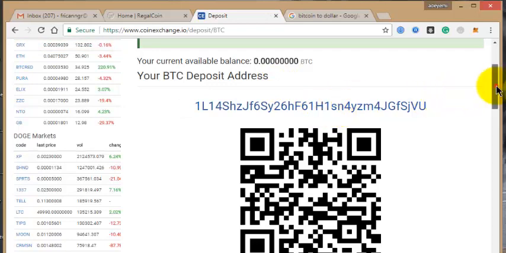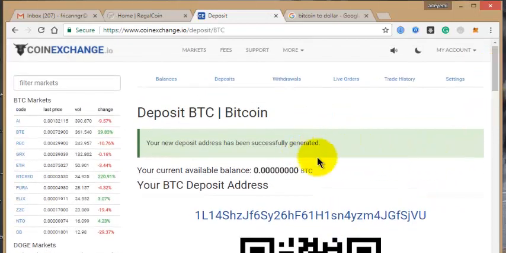Once you transfer that money to this Rega coin wallet account, it takes some minutes, depending on the blockchain that you are using. For those using Spectral coin, it's an instant transaction. But blockchain, I think it will take less than 24 hours. Once they confirm, you will have your balance here.